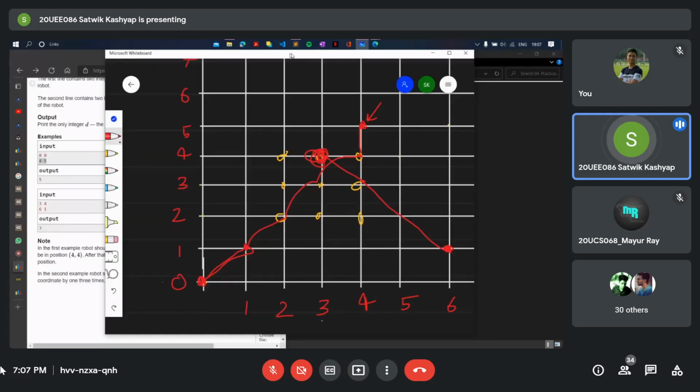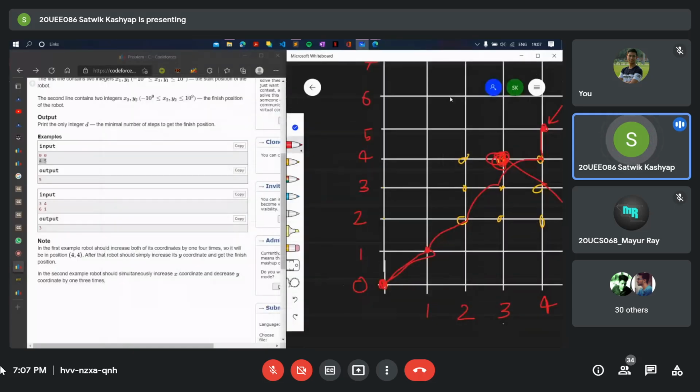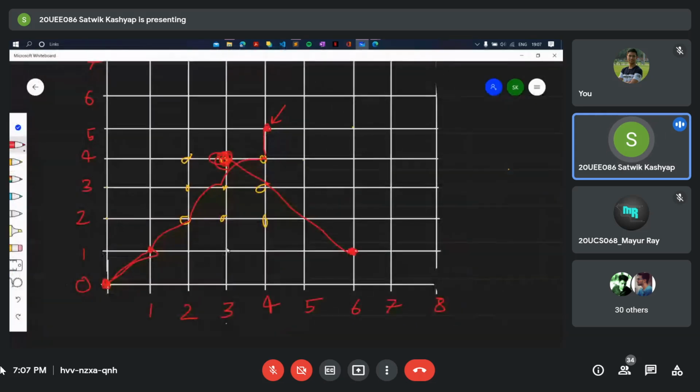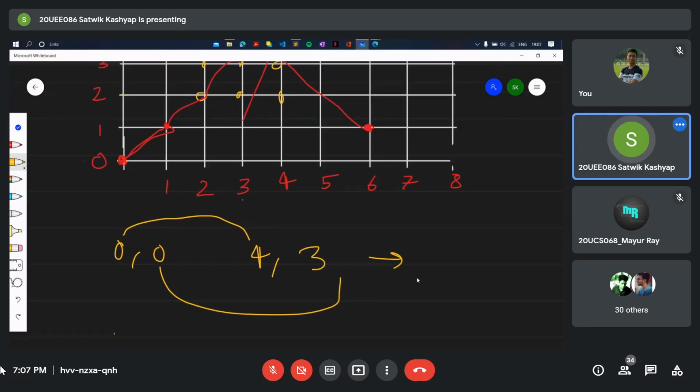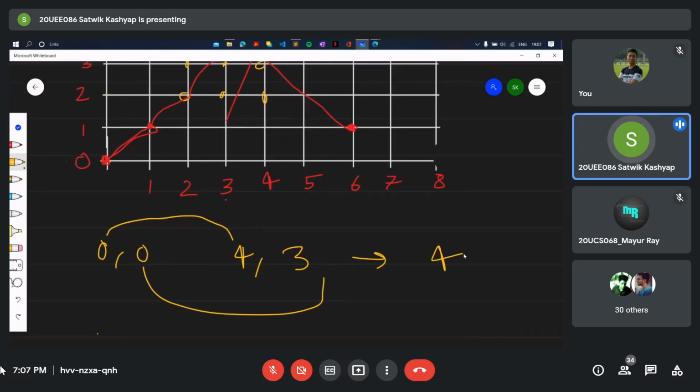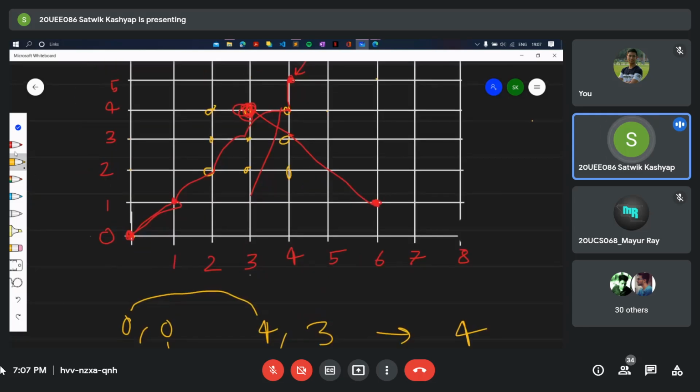But it's not that complex to solve, because if we see the formula for this question, say we are going from 0, 0 to 4, 3. If we take the absolute difference between x1, x2 and y1, y2 and take their max, this will give us the answer 4.